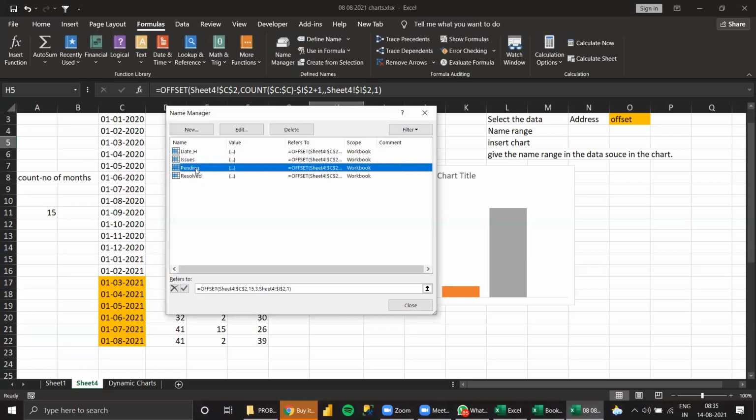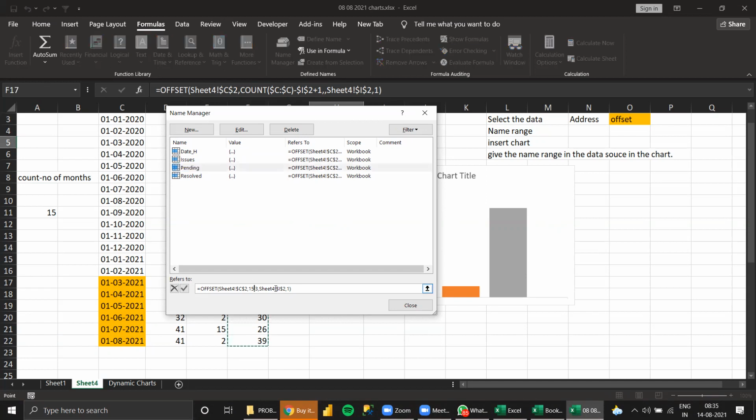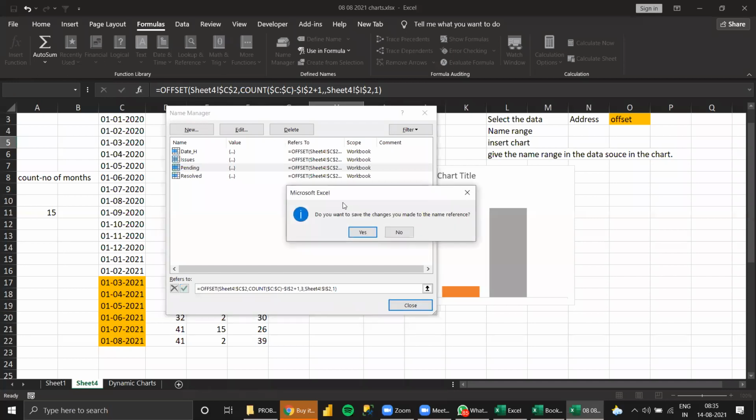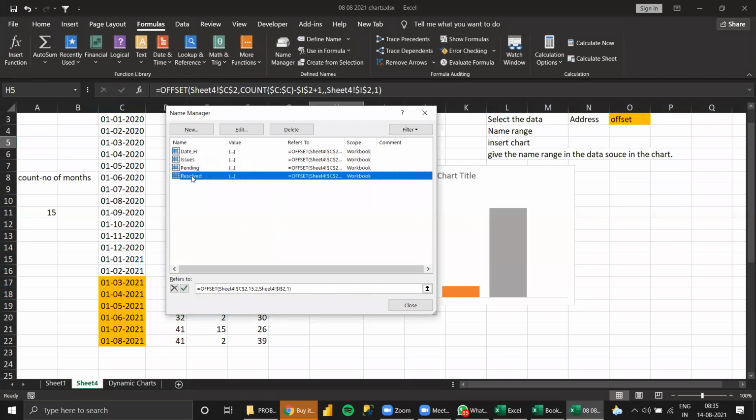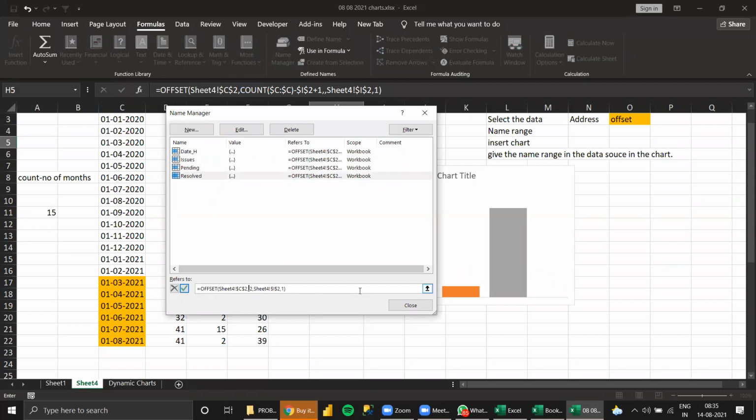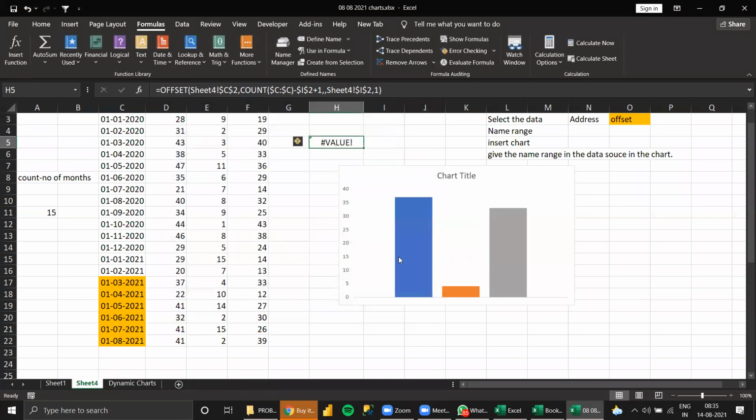Then again here. Paste here. Then again. Now see.